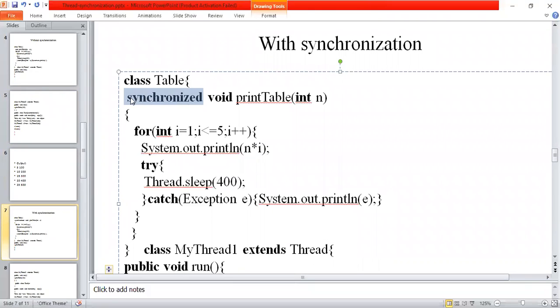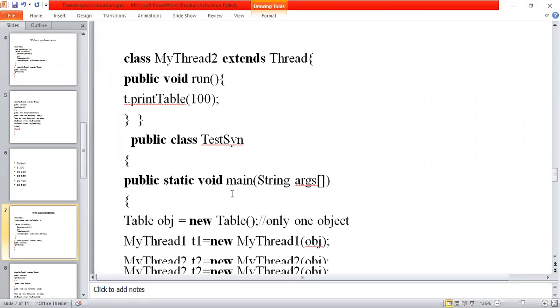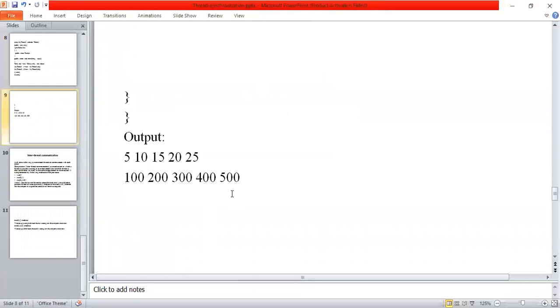This is the advantage of synchronization. Now observe the output. This is my first thread output. My first thread prints the values 5, 10, 15, 20, 25, and the second thread prints 100, 200, 300, 400, and 500.